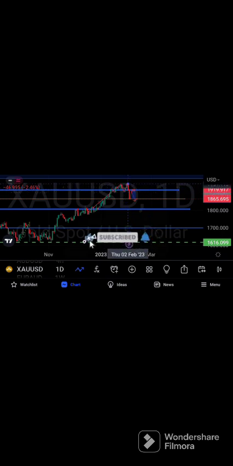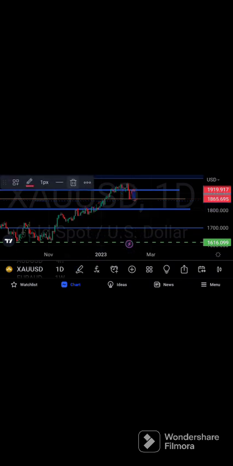Then it gave us this double top on the daily time frame. So I'm expecting the market is currently on this support, so I expect the market to come here and now drop. This is about 400 pips. Imagine risking 100 pips for 400 pips. So I'm looking at